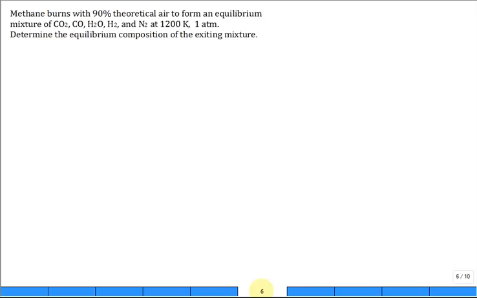Last time we set up this problem, we were working through it, right? So we had methane, it burns with 90% theoretical air to form an equilibrium mixture of CO2, CO, H2O, H2, and N2 at 1200 Kelvin and 1 atm, and determine the equilibrium composition. So what we did was we first set it up for 100% air, and that is CH4, that's the methane, plus 2 O2 plus 3.76 N2s, go to 1 CO2 plus 2 H2Os plus